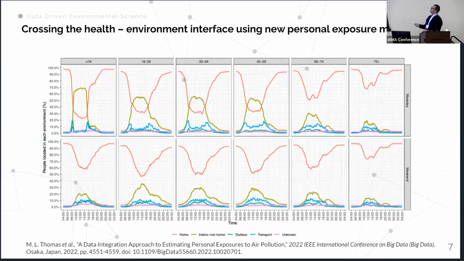One of the interesting components of that is this synthetic population that the model creates. So what you have in this diagram is age group and then weekday or weekend, broken down by the time spent in different microenvironments. And of course, what we're hearing now in terms of air quality research is we know we spend the majority of our time indoors. And this synthetic population data set shows where we spend our time, whether it's in the office, whether it's on transport, whether it's outdoors.